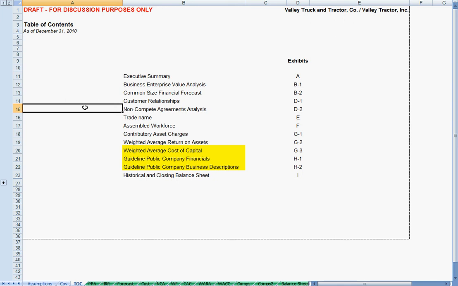There are no links from this model that we're talking about. This final model will not have any links to any outside or any other Excel spreadsheet. Not at the end of the process, not at the beginning of the process should there be any links. So this basic work is done, and now we have